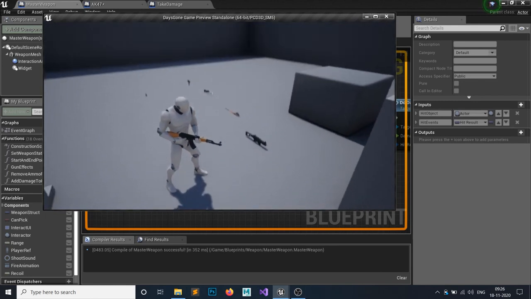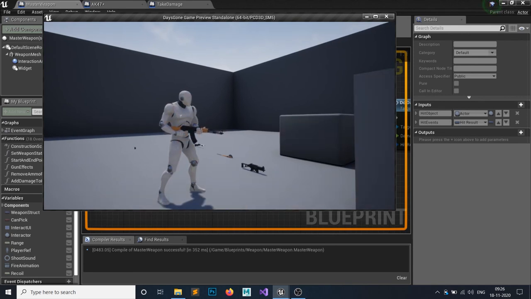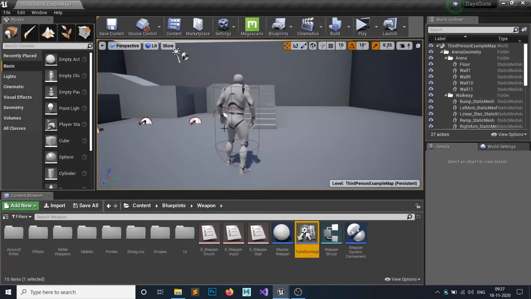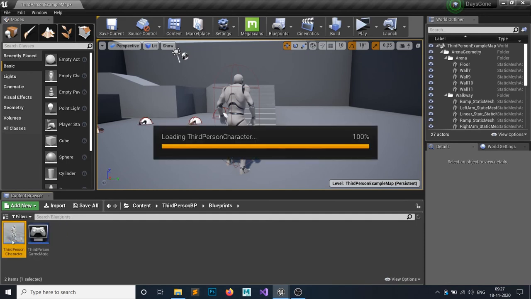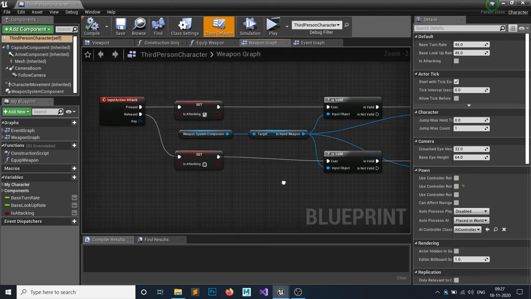The only thing we have left is, as you can see, I am facing towards this direction and the shooting part is not actually setting correctly. So what I need to do is close all this because we don't need this. Go to the third person character in the weapon graph. So as you can see, we have created this.